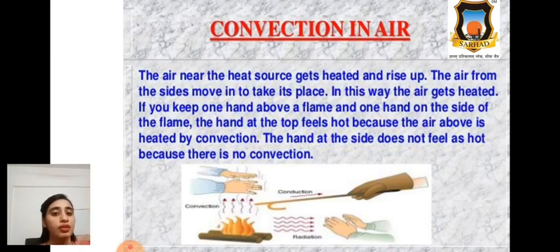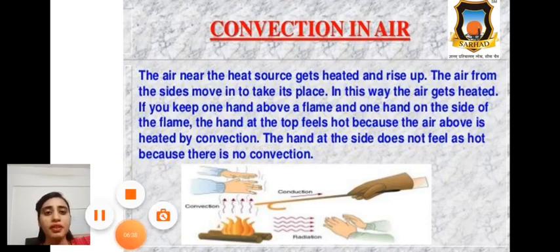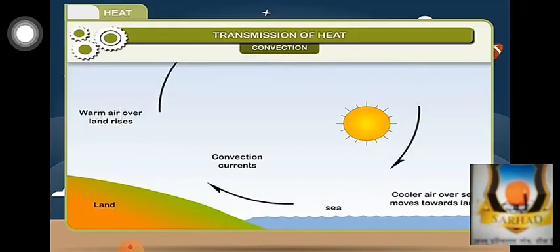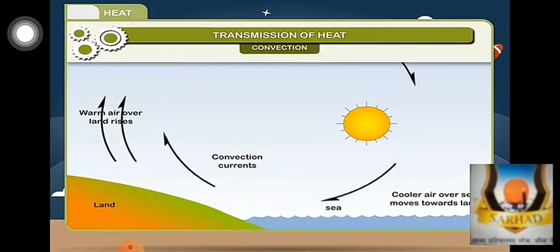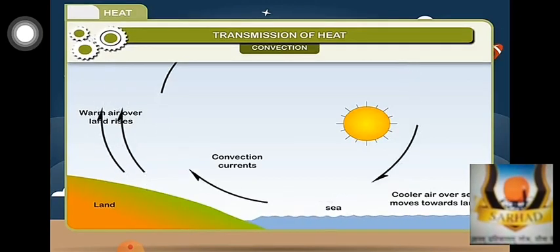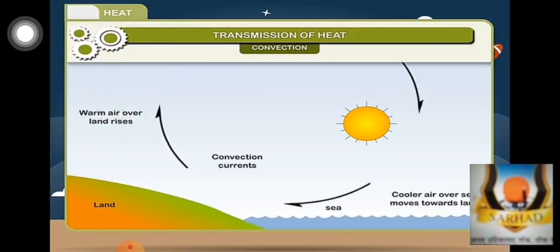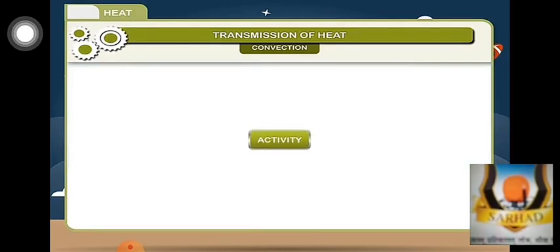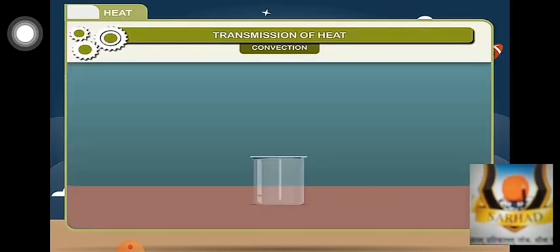Now see, one activity is there on convection. After this we'll do the next. Okay, see this activity of convection. Transfer of heat in liquids and gases takes place by a process called convection. In this process, the molecules move from the hotter part to the colder part of the liquid or gas. Let us understand it with the help of an activity. Activity: take a beaker three-fourths filled with water. Put some crystals of red potassium permanganate in it.